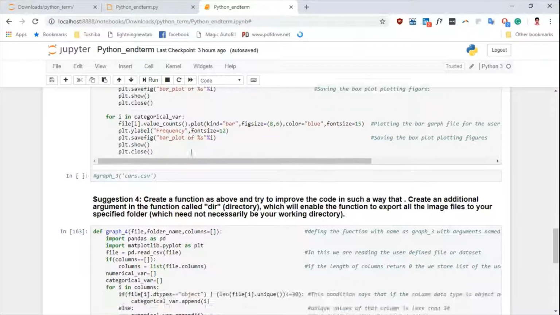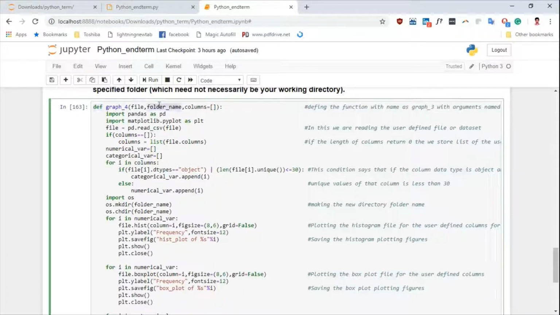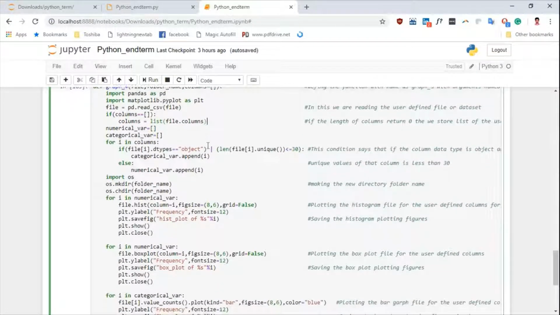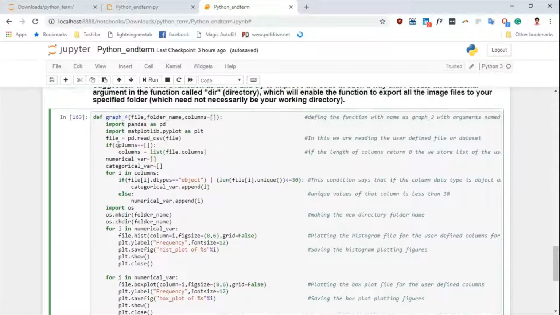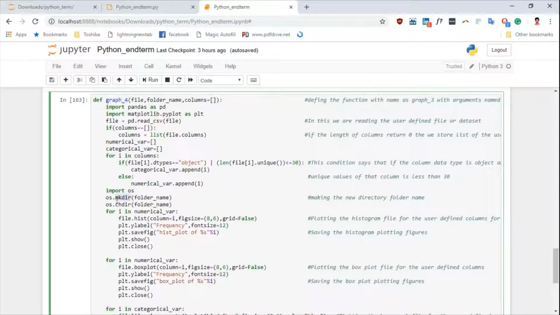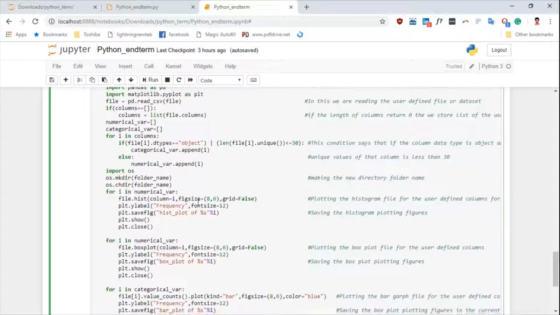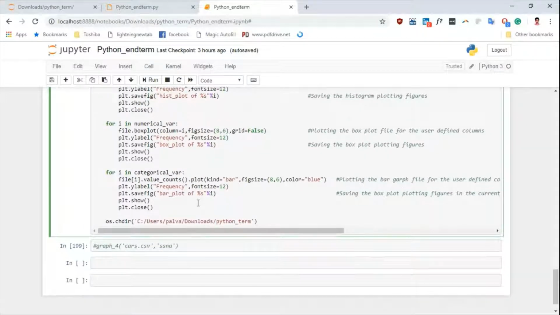We'll take an additional argument in the function as a directory folder. It will store all the plotted graphs in the folder we defined. For this, we have defined a function graph_4 with three arguments. I will make a directory with the command os.mkdir with the folder name, so that it will save all the graphs in the folder we defined. For this, we have taken the cars data set, so it will define the categorical and numerical